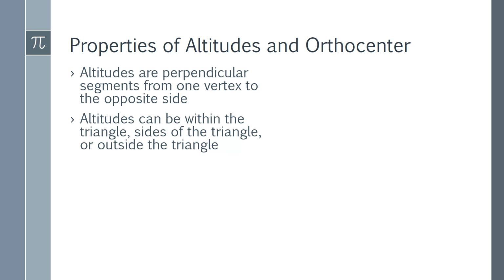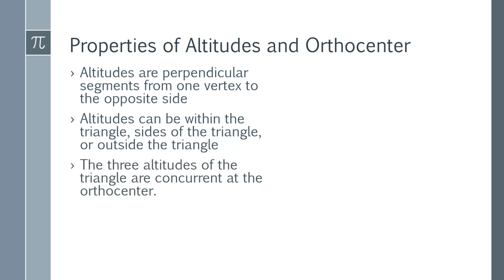So altitudes can be within the triangle, they can be sides of the triangle, or they could be segments outside the triangle. So an altitude can be a line that's kind of drawn outside the triangle to give you the height of the triangle. If we have all three of the altitudes,